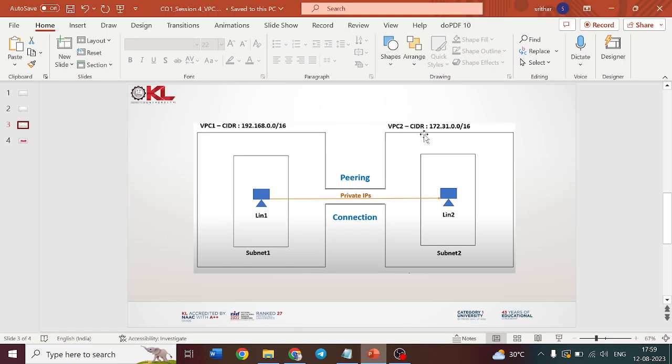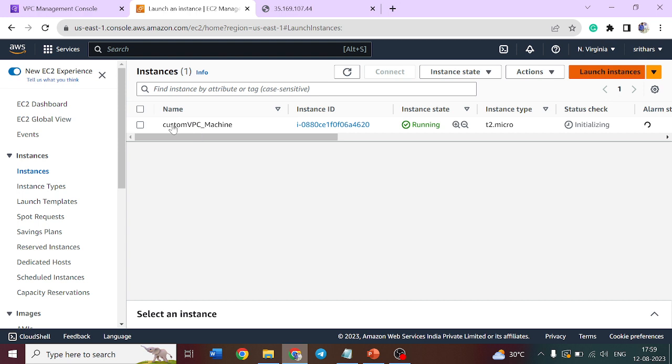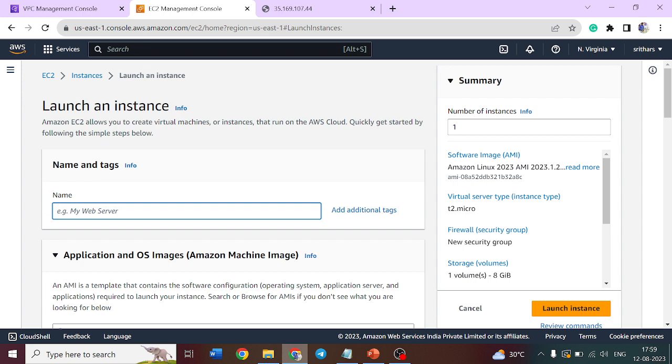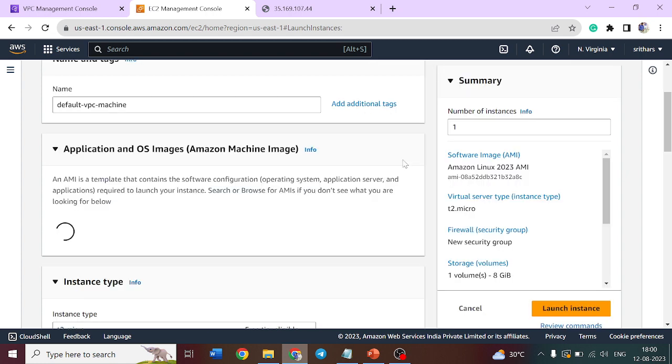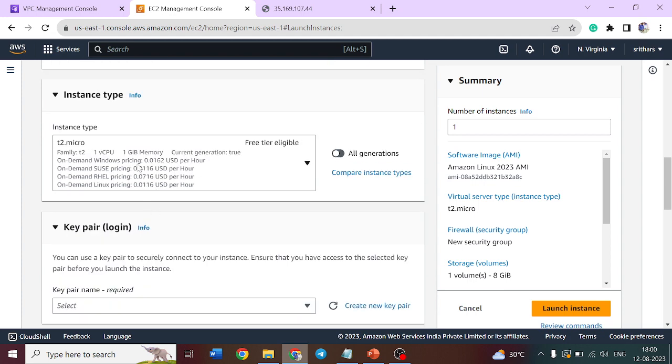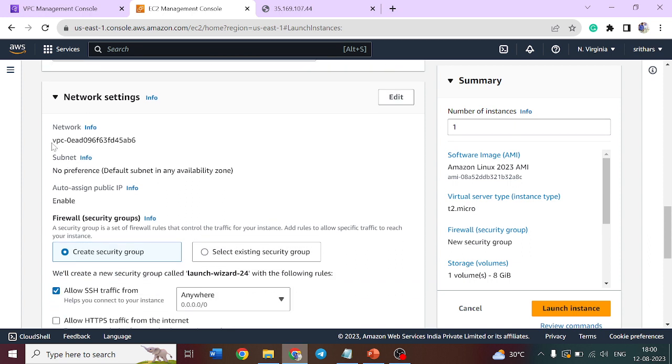For the second machine, we have to choose the default VPC. So what I'm doing is, go to your instances, launch your instance. This time you can keep the machine as a default VPC machine. Browse AMIs, take the Linux machine, and your instance type is t2.micro, where key pair is not required. And the network settings, you can accept the default